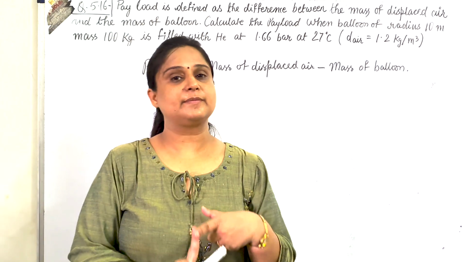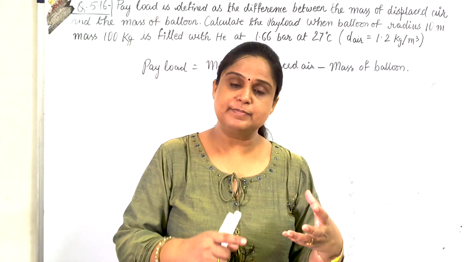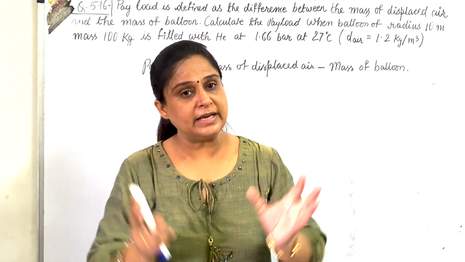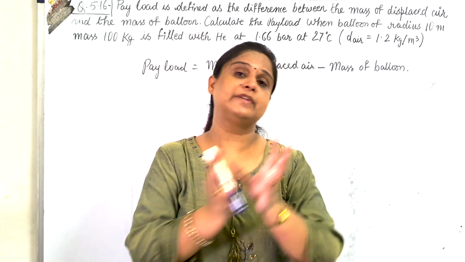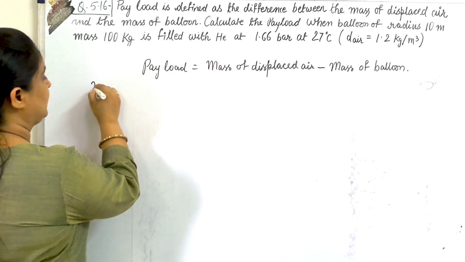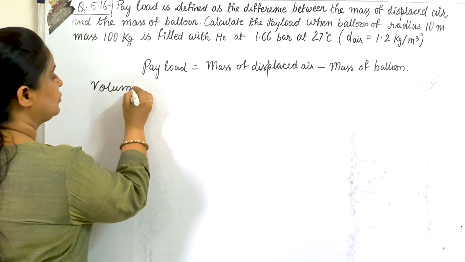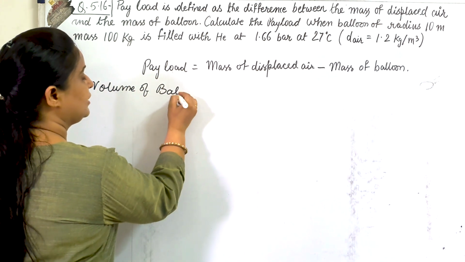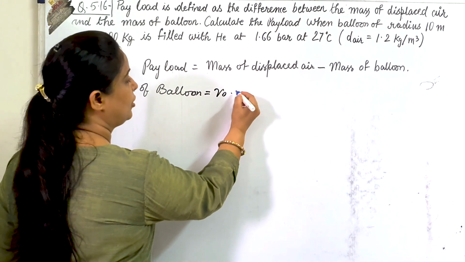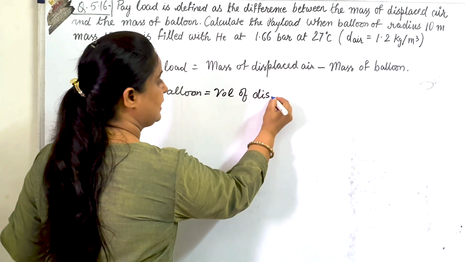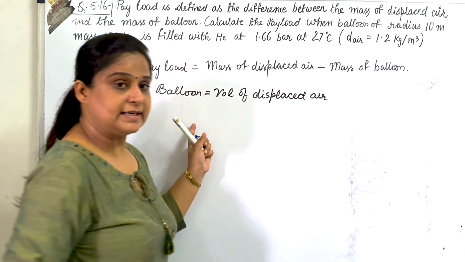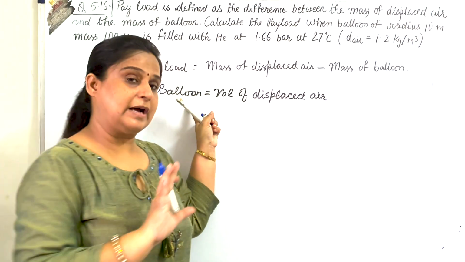तो अगर मुझे कैसे भी volume of the balloon पता लग जाए तो obvious सी बात है कि जितना volume balloon का होगा उतना ही air that balloon will displace. So first of all I am going to find out the volume of the balloon. क्योंकि this volume of balloon will definitely be equal to the volume of displaced air. Isn't it?